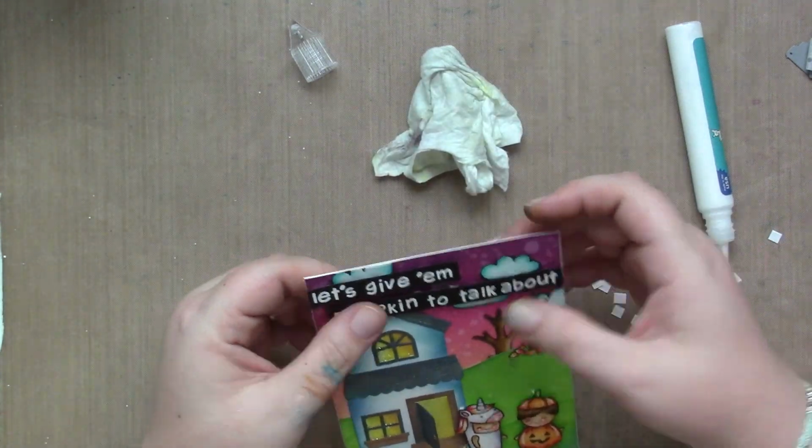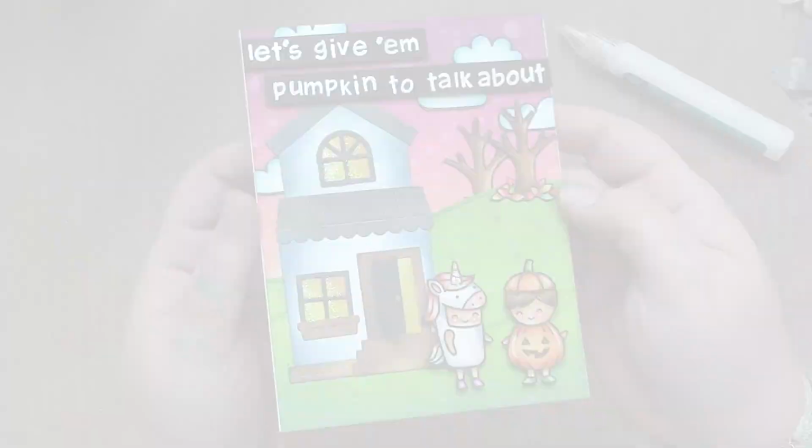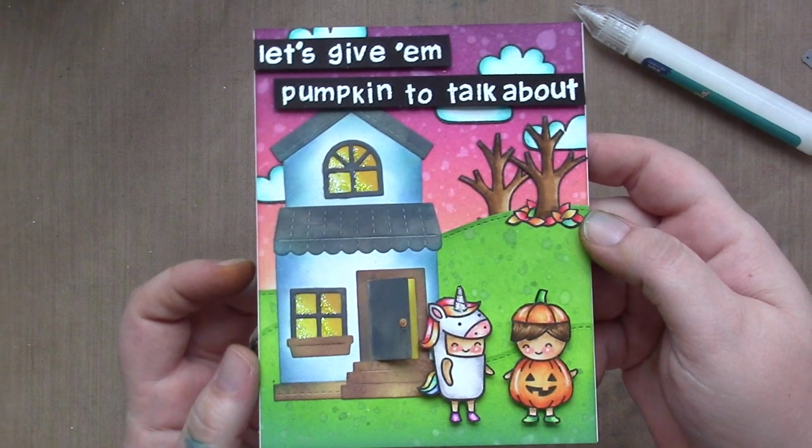There's my card, the glitter, the Halloween, the custom phrase. I love it. Be sure to check this card out on the Lawn Fawn blog,